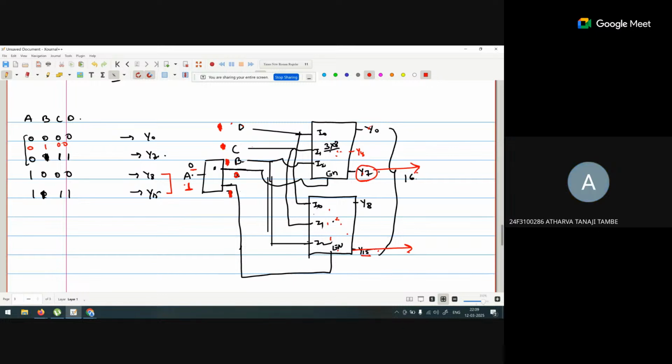This 1:2 decoder gives A and A bar as output, and A bar is connected to the first decoder. Why? Because from Y0 to Y7, the A value is 0. So A bar is connected with the first, and A is connected with the second. That's why, if I change it so that it is Y8 to Y15 and Y0 to Y7,